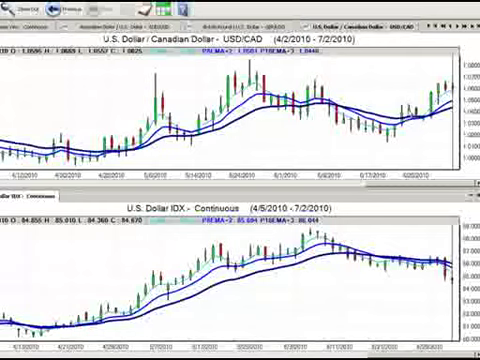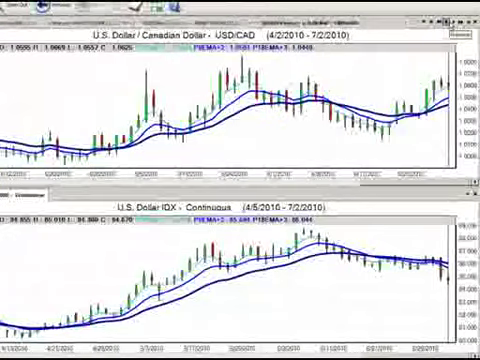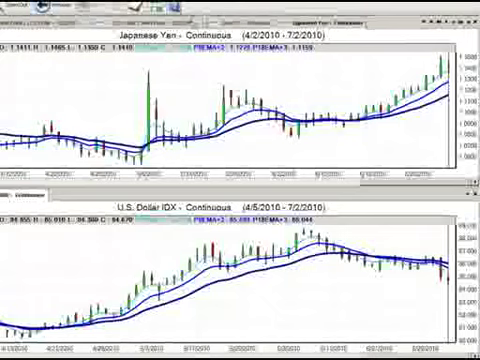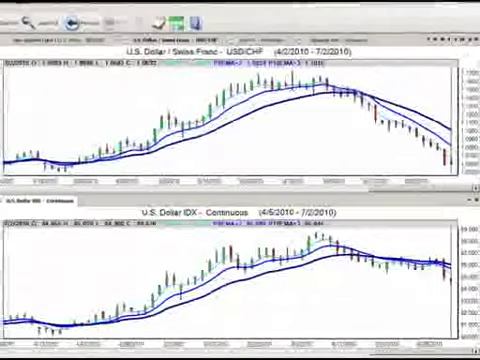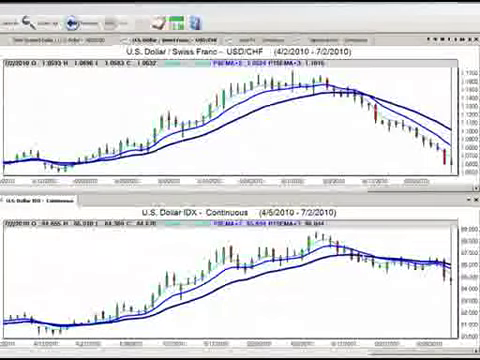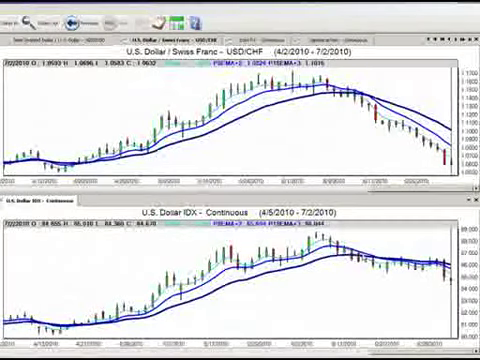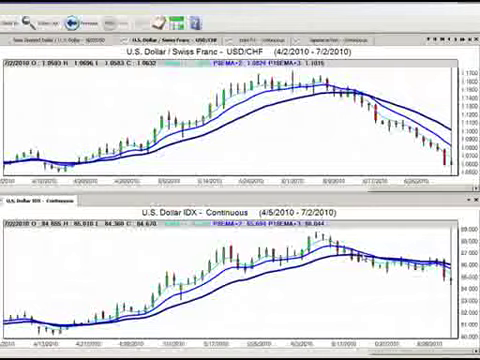Now I can't do the Swiss krone, but what I can do is the US Swiss franc. Now looking at the US Swiss franc, again, we can see what's happening here. We've got this sell signal on the US Swiss franc, and this coincides again with the sell signal on the US dollar index. Now the US Swiss